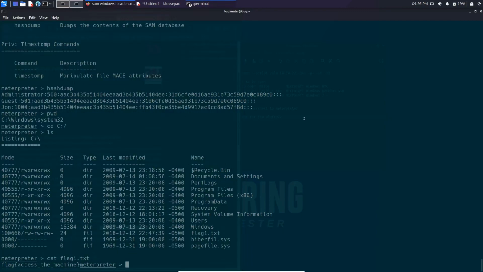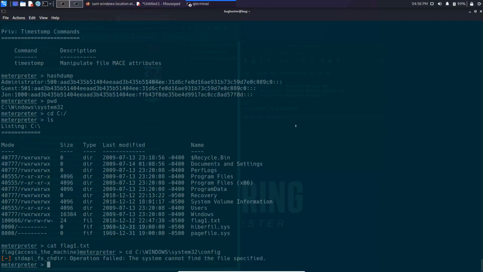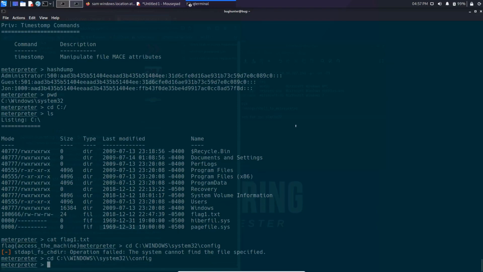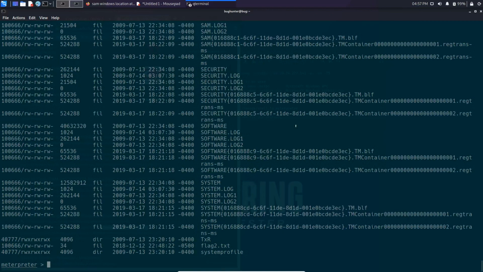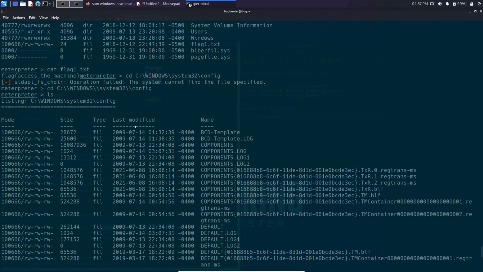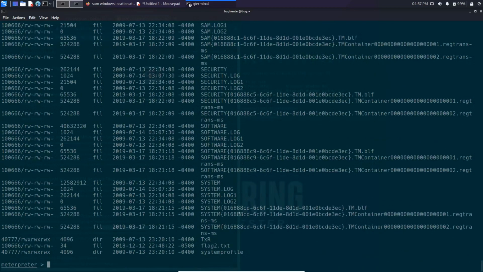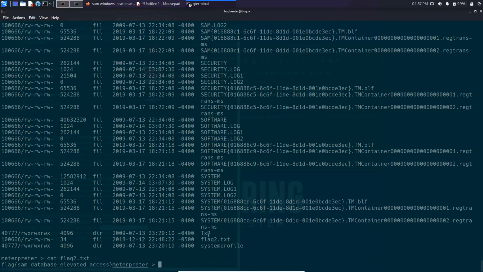Now we can do cd, and I think we need to do the backslash two times because we're actually executing code in Ruby. As you can see, when we have listed the directory, we found that the flag is right here for flag 2. So we can go cat flag, tab to autocomplete that, and now we have the second flag